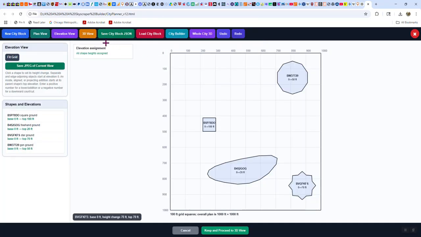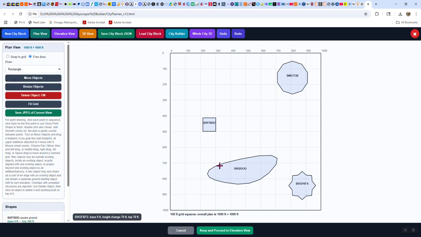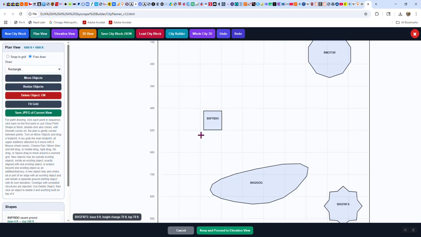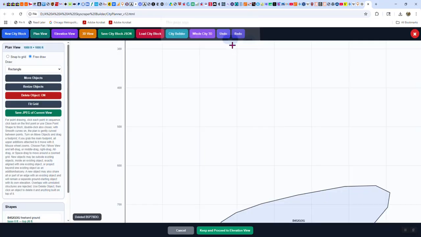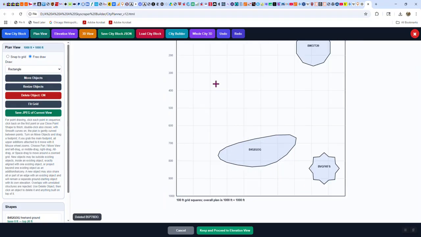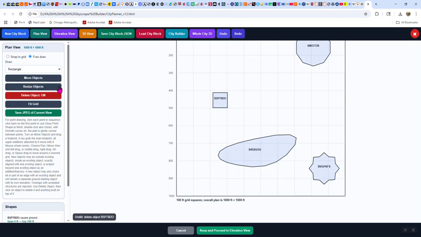Now, one of the things I can do in plan view, so I'm going back there because it's going to remember all that. And I can keep drawing, and I can add like a tower. So how adventuresome do I want to get? Let me just try a rectangular tower. I'm going to zoom in. I'm going to put one on this building. Whoops. Undo. Okay. Let's see. I want to draw a rectangle.